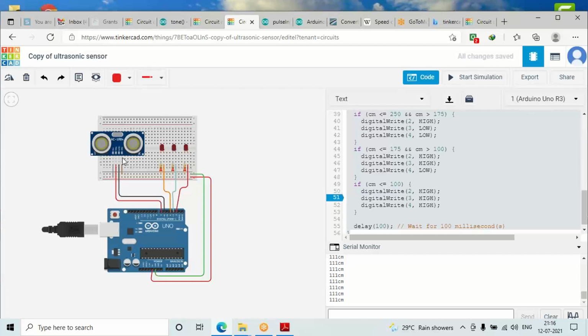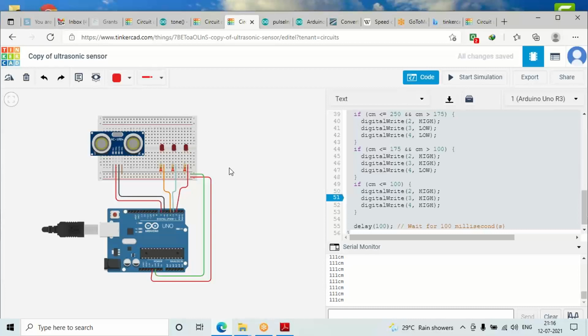You don't have to always look here and there to see whether a person is near or far. The device will directly tell you whether any person or obstacle is coming near you, and based on that you can maintain a safe distance and protect yourself from the coronavirus, yes or no? This is just a very simple example I'm trying to show you. There are many applications of the ultrasonic sensor.